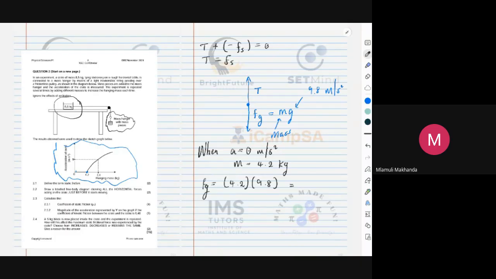Okay, so seems like you don't have calculators. What's the answer? 41.16, 41.16